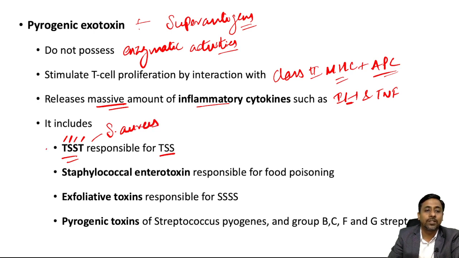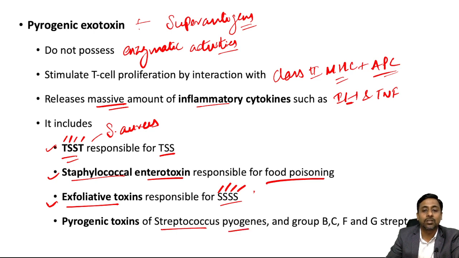Another toxin produced by Staphylococcus is staphylococcal enterotoxin, which is responsible for food poisoning. Then another toxin produced by Staphylococcus is exfoliative toxin, which is responsible for staphylococcal scalded skin syndrome. Okay. And then there are certain pyrogenic toxins which are produced by Streptococcus species like pyogenes or group B, group